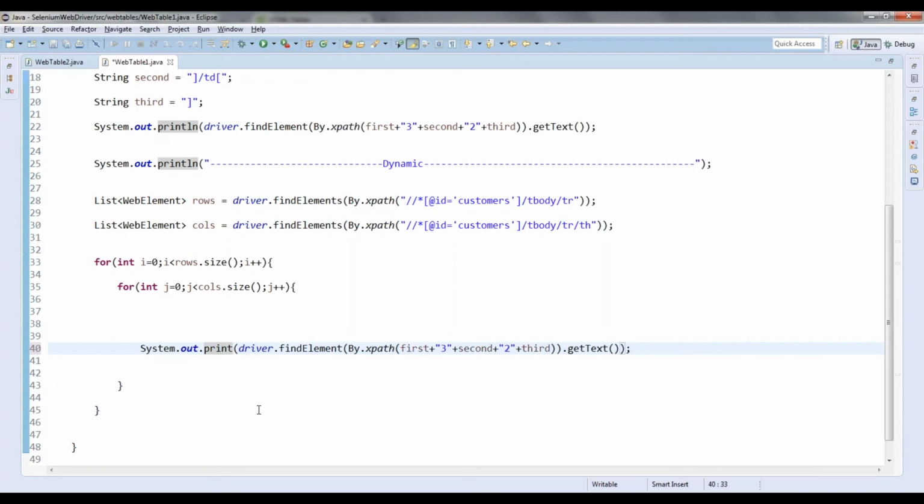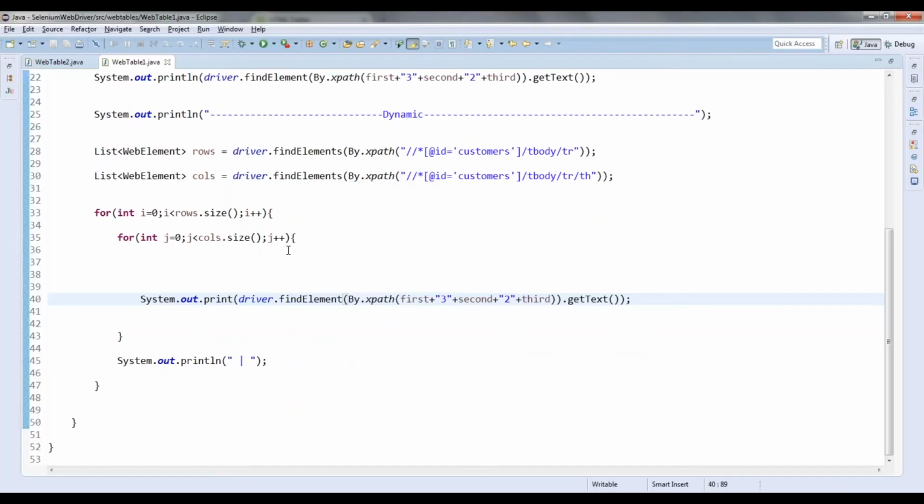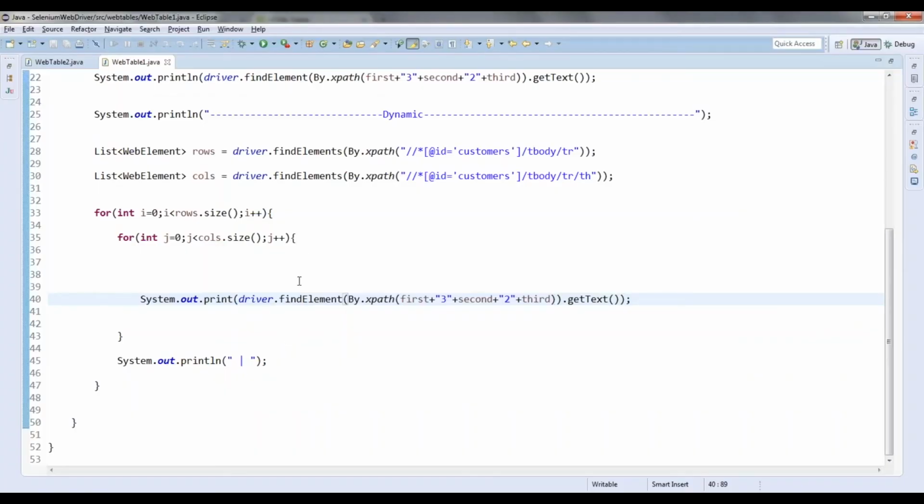Instead of println there, I will just do print, and then I will add it here, and similarly. So this is going to give me the entire table. Once we get the entire table, instead of printing, you can check whether some value exists or not, and then you can get the cell of that particular value. So let me run this.